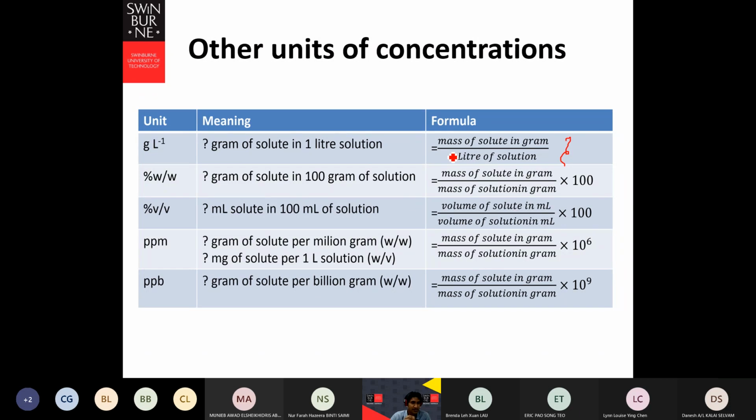And another one is weight by weight percentage. Weight by weight percentage means gram of solute in weight, and the solution is also in weight. All right, so gram of solute